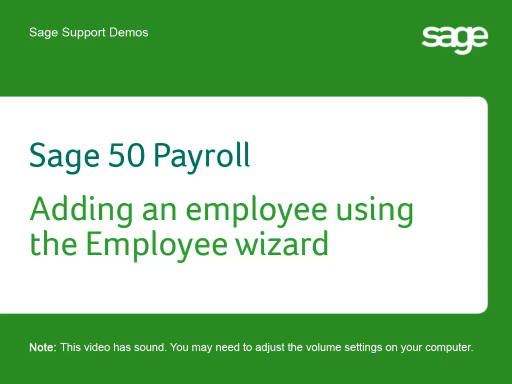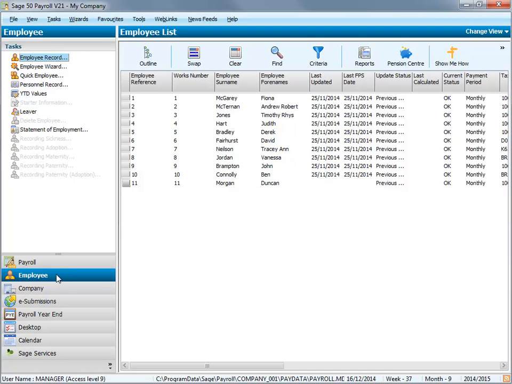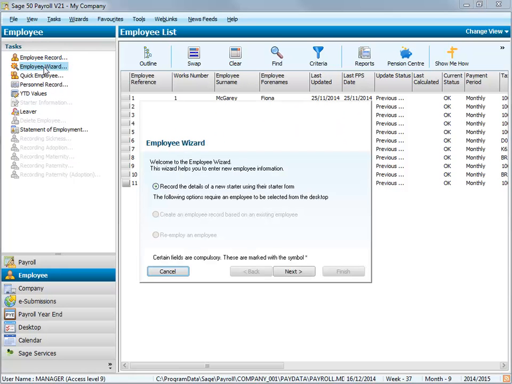This video shows you how to add an employee using the Employee Wizard. This option takes you through steps to enter the employee's information. To enter the details, click Employee, then Employee Wizard. Use the Next and Back buttons to work through the wizard, making sure all fields marked with an asterisk are